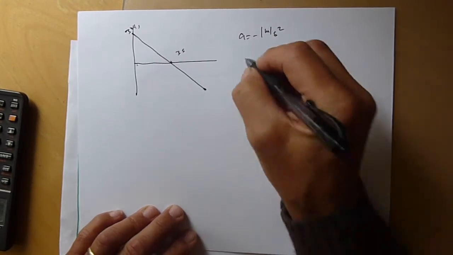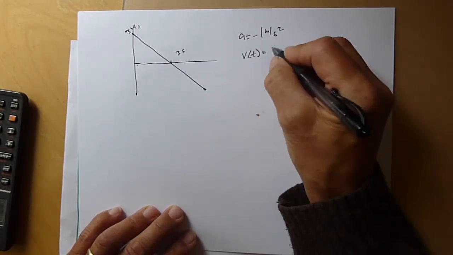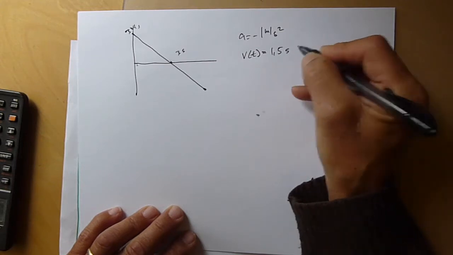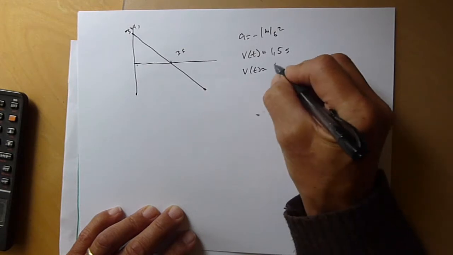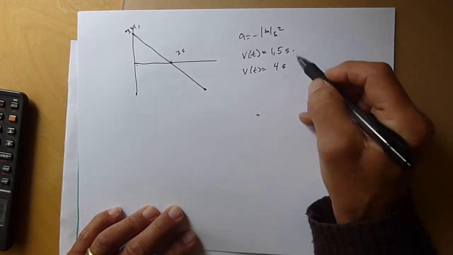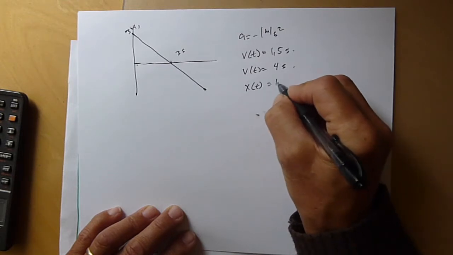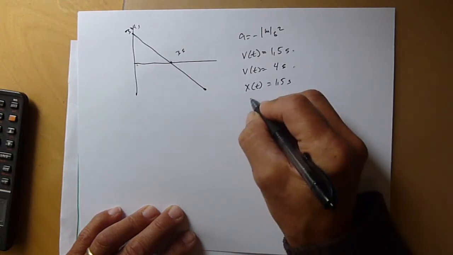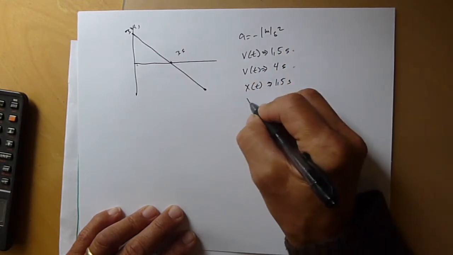And then the question is, how would I figure out the velocity at t equals 1.5 seconds and the velocity at t equals 4 seconds? So this is on the way up, this is on the way down. And then where exactly am I at 1.5 seconds and